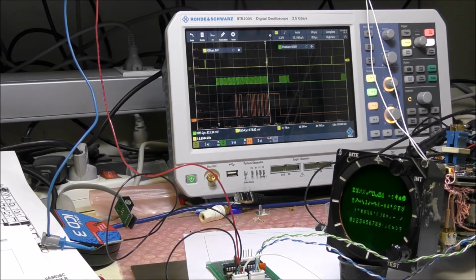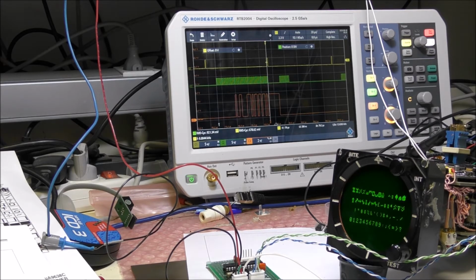Without this test feature, it would be absolutely impossible to find the correct way to send the data, because this is not written in the schematics, and if you wanted to do something without the test, you would need to know the contents of the PAL. So this would be very difficult.